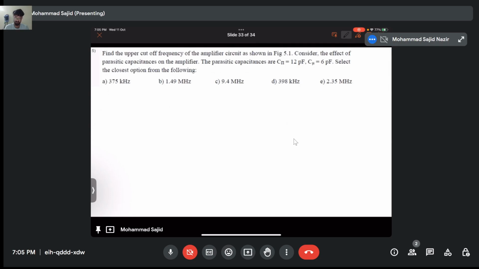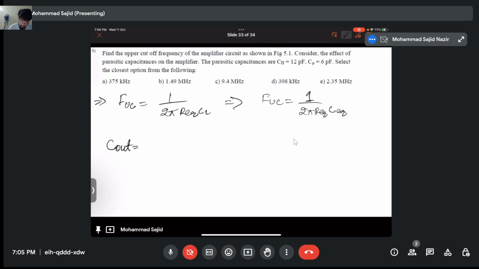Alright, so what next? See here, we have to find the upper cutoff, right? Initially, it was simply CL. Now we have to construct the upper cutoff as 1 by 2 pi R equivalent C equivalent, right? Now, due to Miller capacitance, there will be a capacitance at the output as well, right? The total C out will be CL plus